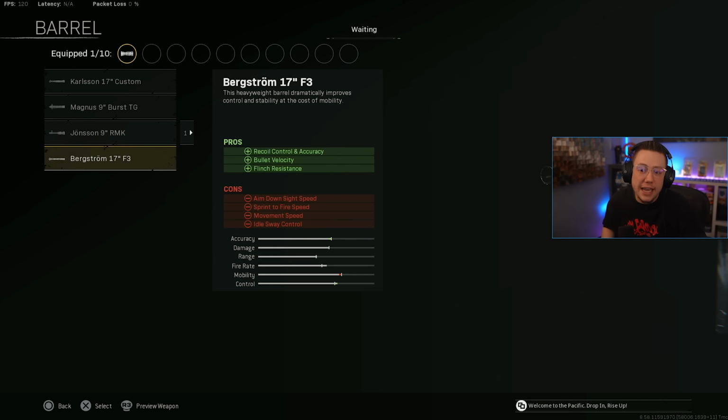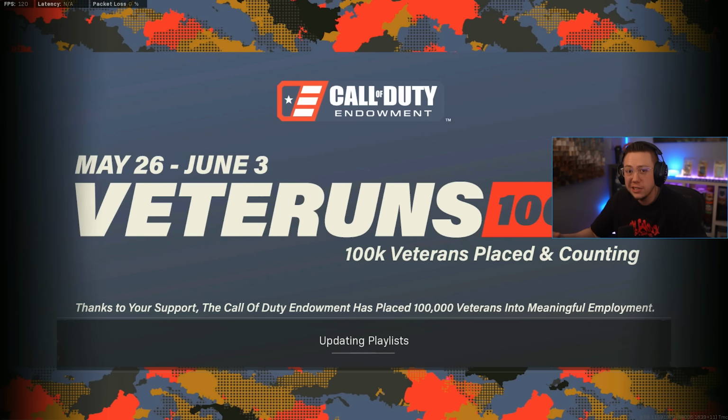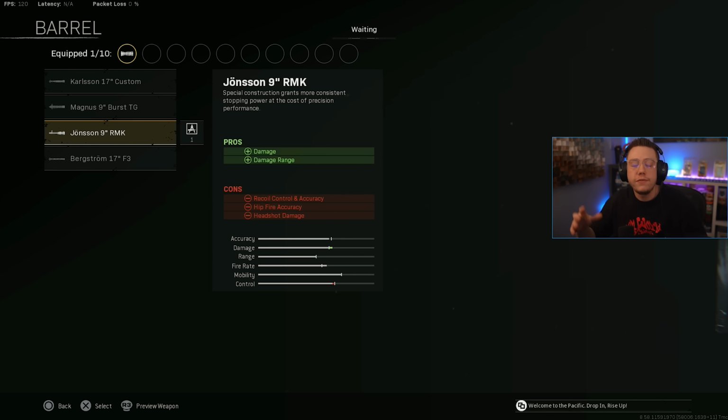As you saw in the gameplay, this is actually the barrel that was on the blueprint, and it bounces around kind of awkwardly, but you are getting a better TTK out of this with the increased damage. So if you're going just for close range and you focus on control, every time I go to make a video, there's a playlist update. Why? Anyways, if you want to focus on the control more, you could definitely use other attachments with this barrel,